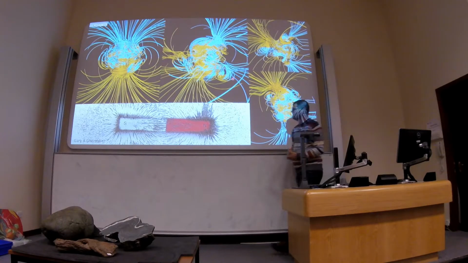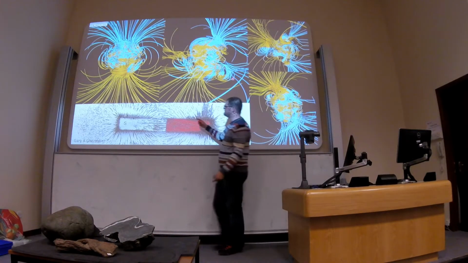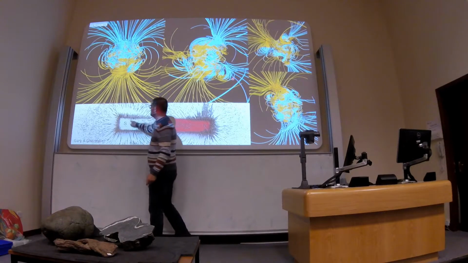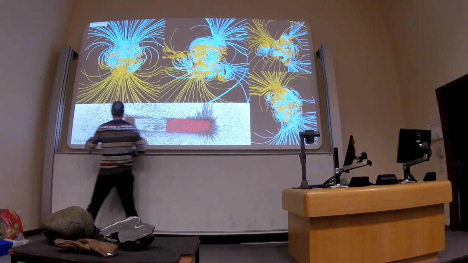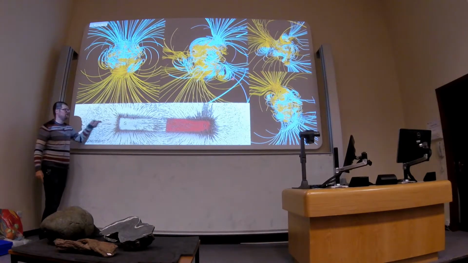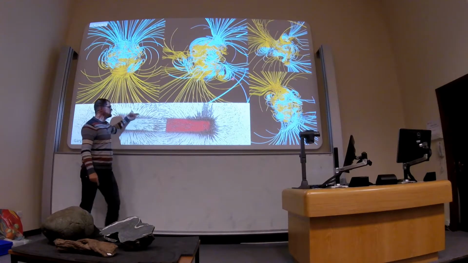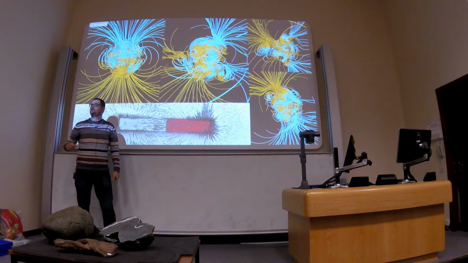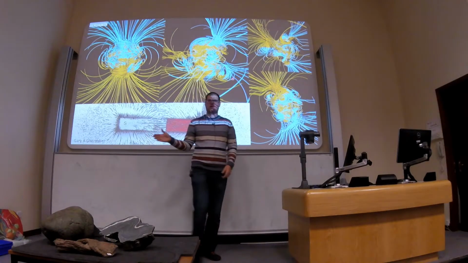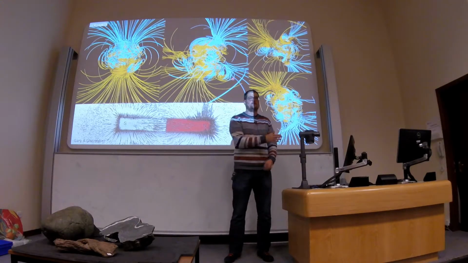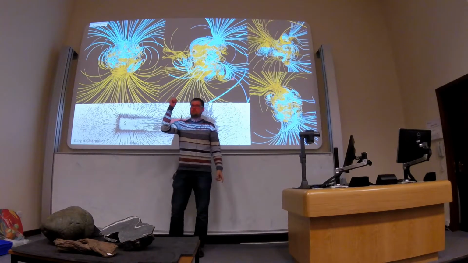The other thing about the Earth's magnetic field is it's not just north and south, but there's also a vertical component. So imagine this is the south pole of the magnet, so that's effectively the north pole of the Earth. At the North Pole, the lines of magnetic force go straight down into the Earth. And as you move around towards the equator, the lines of magnetic field are actually parallel with the Earth. So when you have a compass, it doesn't just point north-south, but you could also make a compass that actually points up and down.